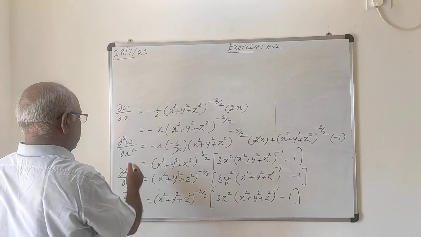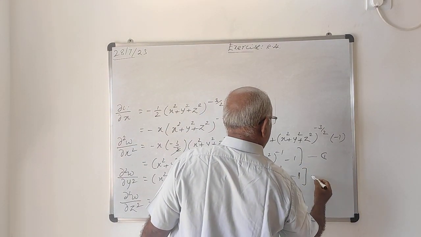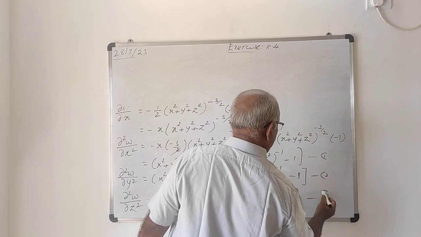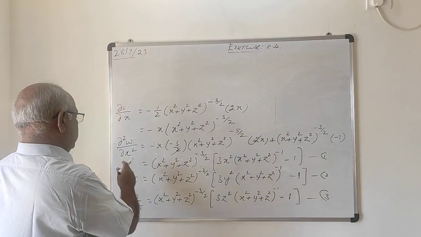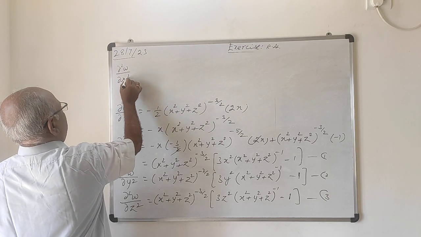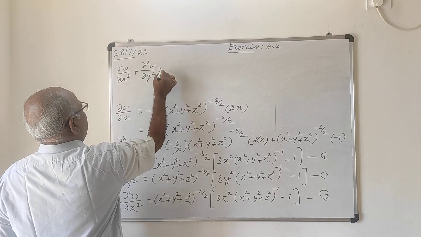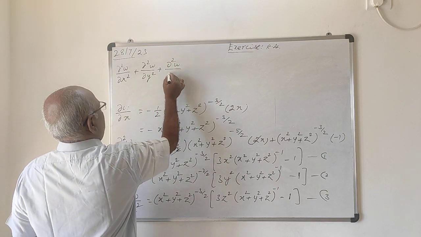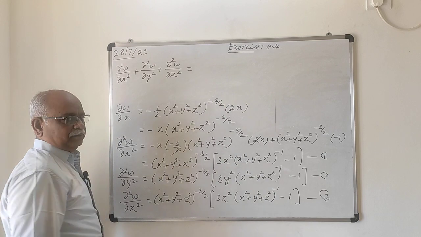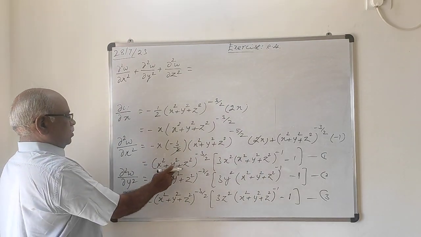Next, we want all the three. You have to add these first three equations. This gives del squared W by del x squared plus del squared W by del y squared plus del squared W by del z squared equal to, adding 1, 2 and 3, (x squared plus y squared plus z squared) power minus 3 by 2